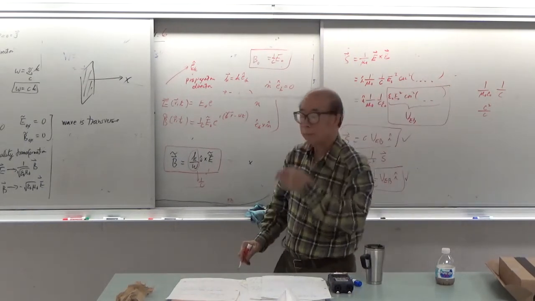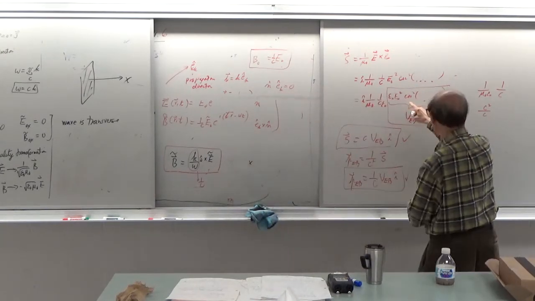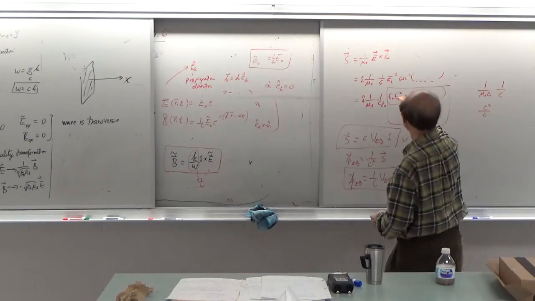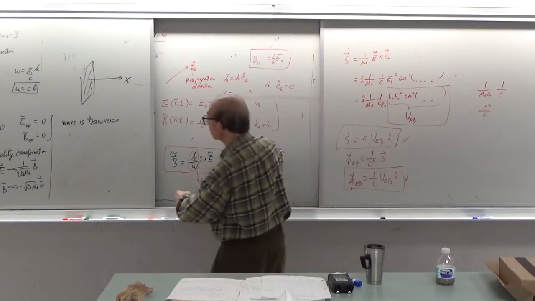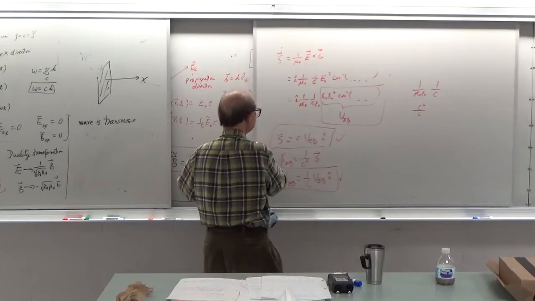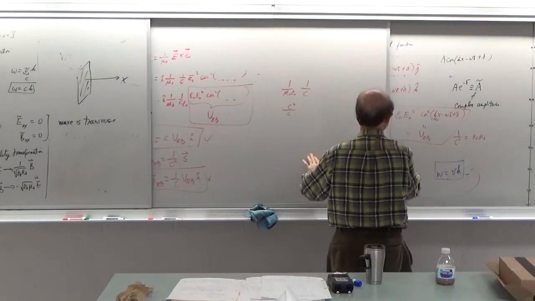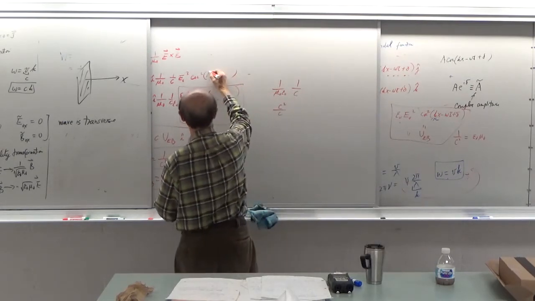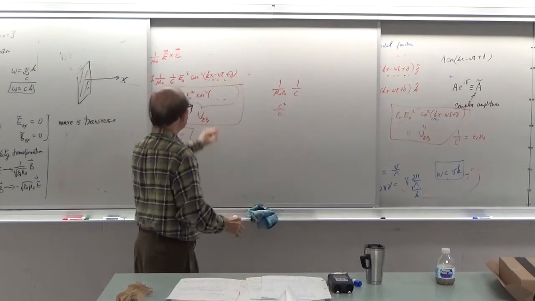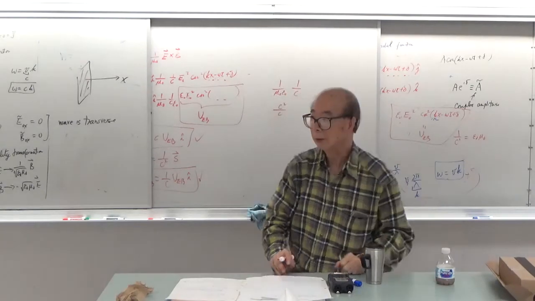All right, and we notice that all these quantities are quadratic in cosine, and the argument inside the cosine squared is kx minus omega t plus delta. Now this is the frequency. Now for visible light, the frequency is